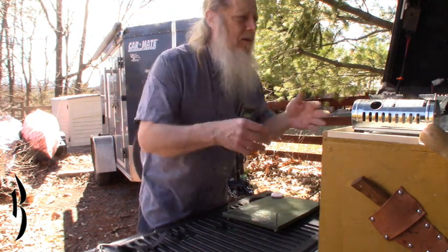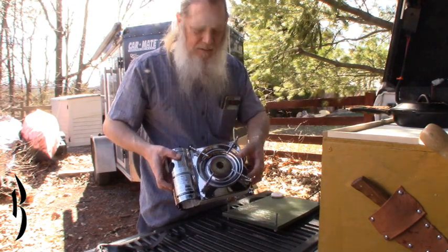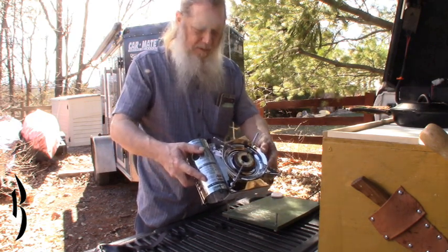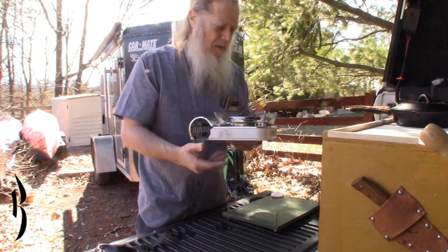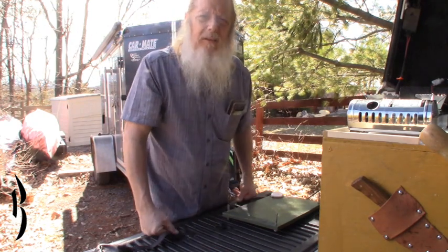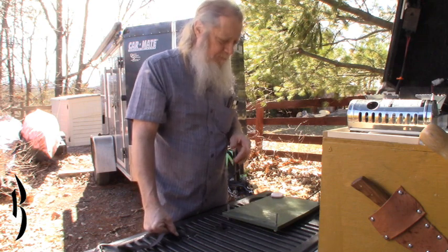So what I did is I got myself one of these little canister stoves, and this is a small one. It's a gas one. I don't know if the brand makes any difference, but this one looked like it was about the smallest, and it works well. However,